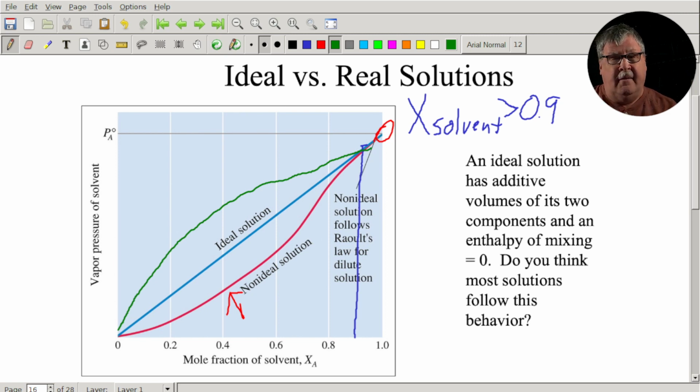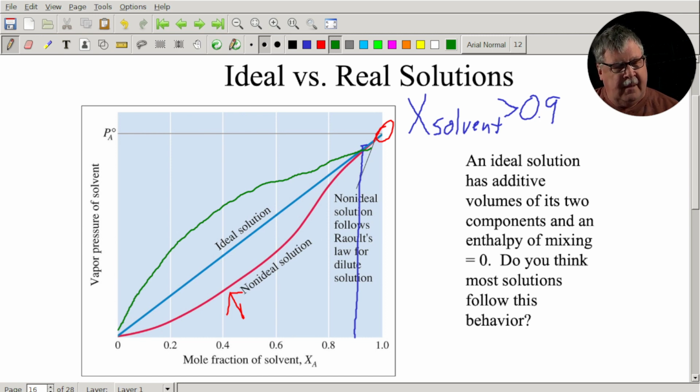All right. So it's all over the place. And so I find that Raoult's law is kind of a flawed thing. Now, it is used, and it was used for a long time to help determine molar masses. Now we're going to look at applications involving other colligative properties and the determination of molar masses, but not Raoult's law.